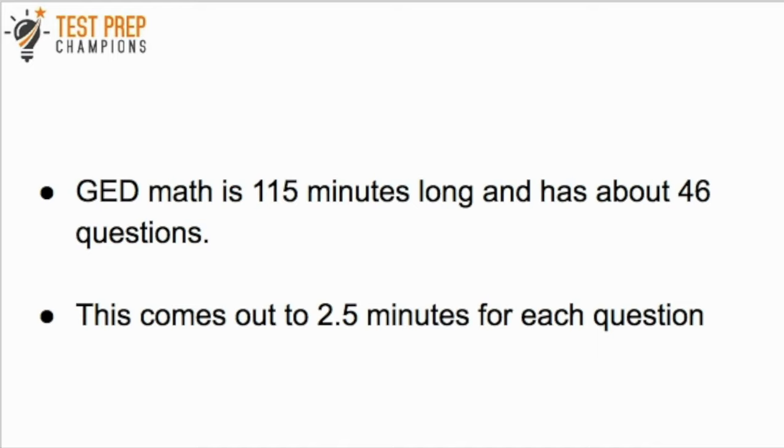But just know here that the test is going to be about 46 questions long. And I say about because sometimes they'll give you 44, sometimes maybe 47 or 48. But for the majority of cases, you're going to have 46 questions or about that, give or take. And assuming you get 46 questions like most people will, and you have 115 minutes to do it, that comes out to about 2.5 minutes for each question